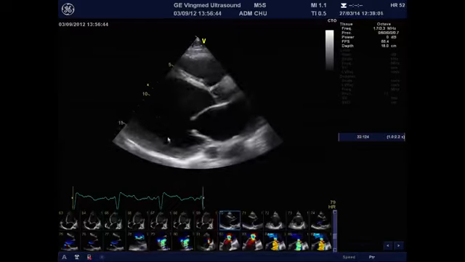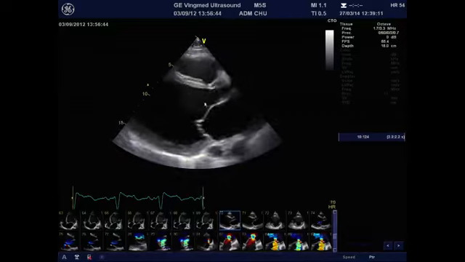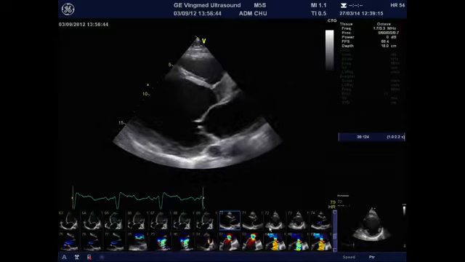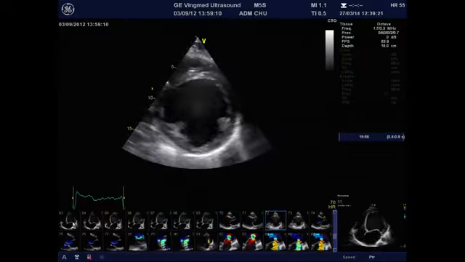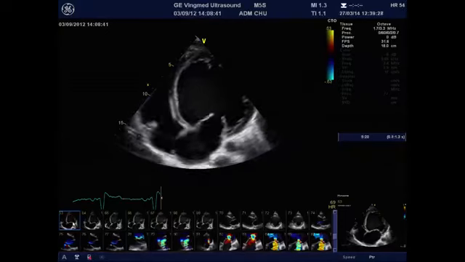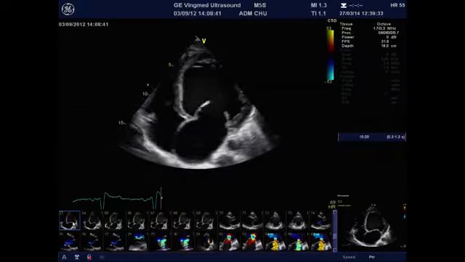So let me show you the parasternal long axis view of these patients, and clearly here the mitral leaflet appears to be structurally normal. There is dilatation of the mitral annulus, there is dilatation of the left ventricle, and if we move the probe and take the parasternal short axis view, and after that the long axis view, we can observe the geometry of the mitral valve and the deformation of the mitral valve that is secondary to the changes in the ventricular